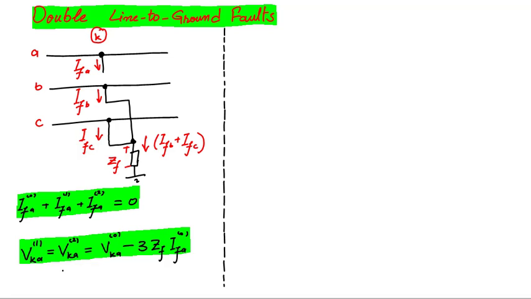So the first part of the second equation suggests that positive sequence and negative sequence must be connected in parallel, and the second part of the second equation suggests that the 0 sequence in series with this impedance 3 ZF will be in parallel with these two. Here is the Thevenin equivalent sequence circuit for the double line to ground fault, which will satisfy these two characterizing equations simultaneously.